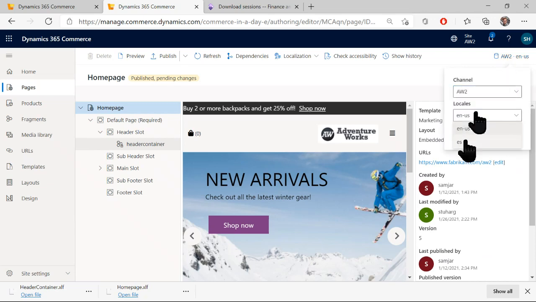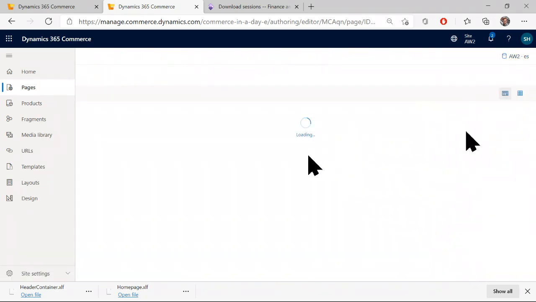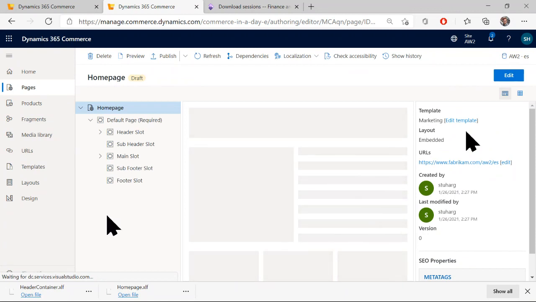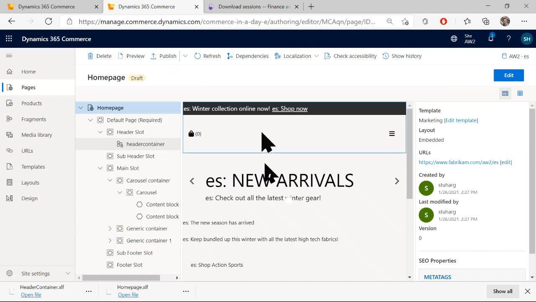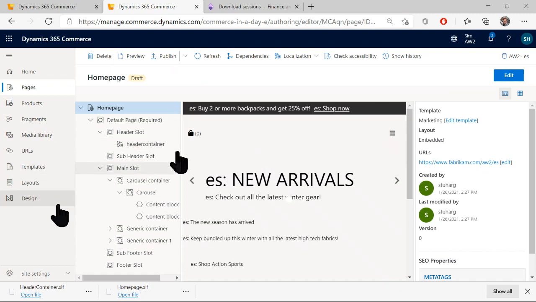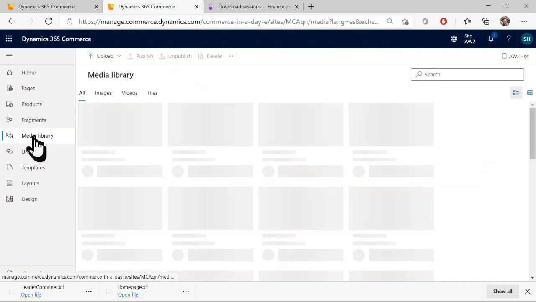And the reason for that is that just like fragments, media assets like images are also reusable assets and also contain localizable content that needs to be localized. And so if we go over to our media library and we find this particular asset,